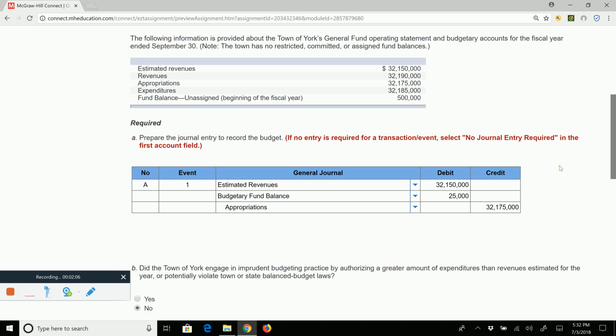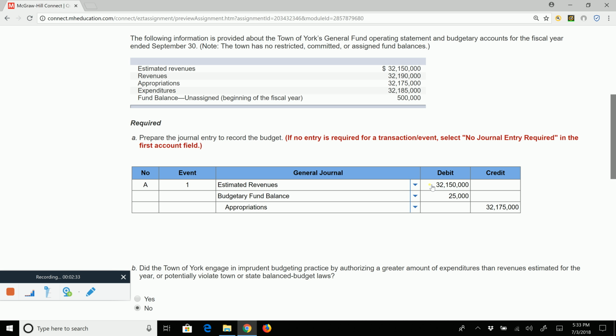So as an example, to record the budget for revenues, we're going to use this account called estimated revenues. And estimated revenues will be debited. And you have to remember it's recorded in the opposite fashion of the operating accounts. So as you know by now, after years of studying accounting, revenues are recorded with credits. So the budget for the revenues, called estimated revenues, will be debited.